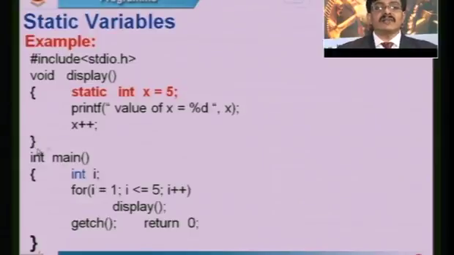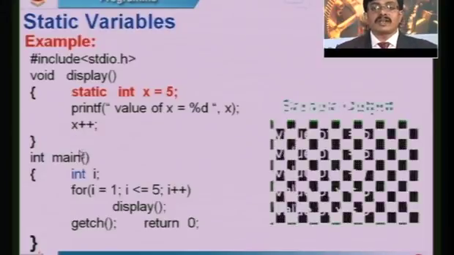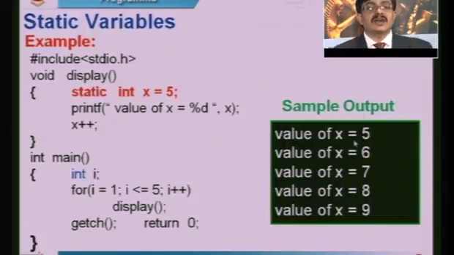If it were a local variable, after coming out of this block, it would die. But here that is not happening. So this x will persist for the entire program execution time. The lifetime of this particular x is the entire program execution, and it persists the value it is holding. It does not lose the content of the memory. So the output of this code when executed is: value of x is 5